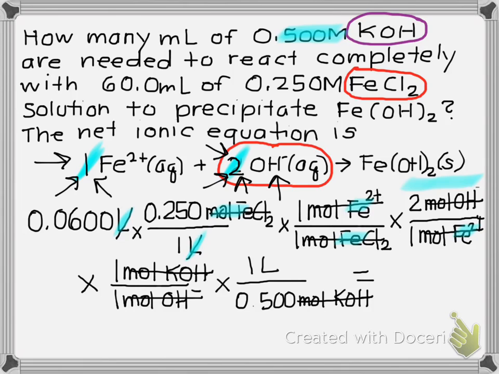So let's get that. I'm doing in my calculator 0.06 is the first step, times 0.250. Then the first ratio is 1 to 1, so it's not going to change my answer. I'm going to the next ratio, which is 2 moles hydroxide to 1 mole of iron, so I multiply by 2. Then the next ratio is also 1 to 1, so it won't change my math answer. And then the last ratio I'm going to divide by the concentration, which is 0.5. And I get